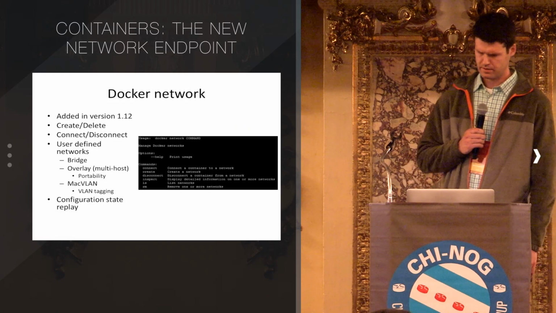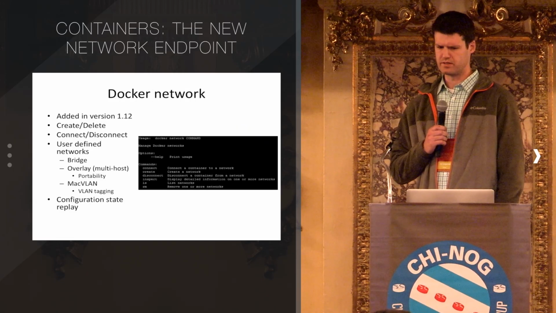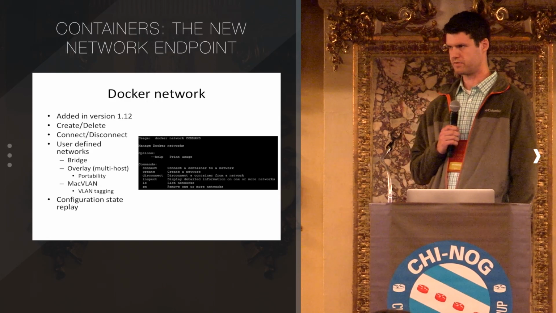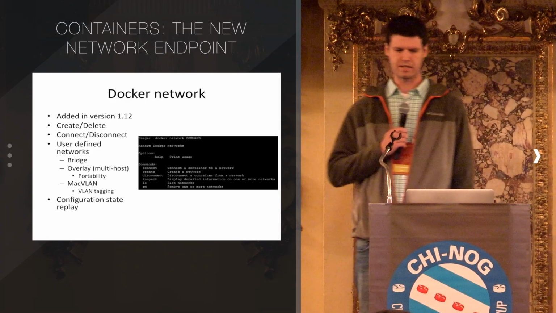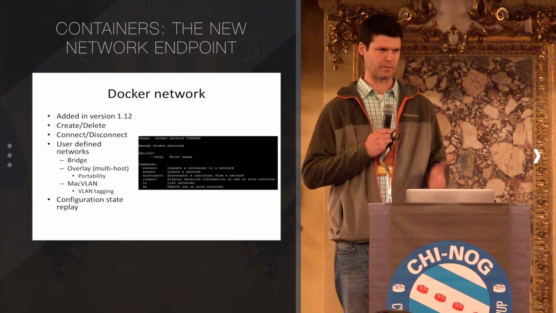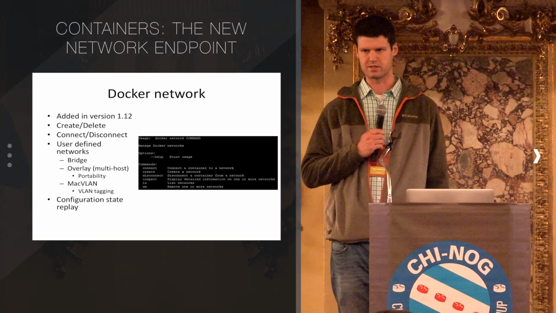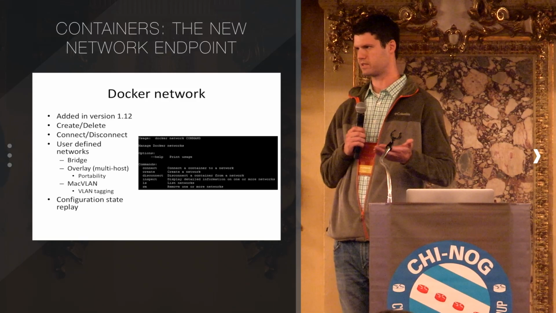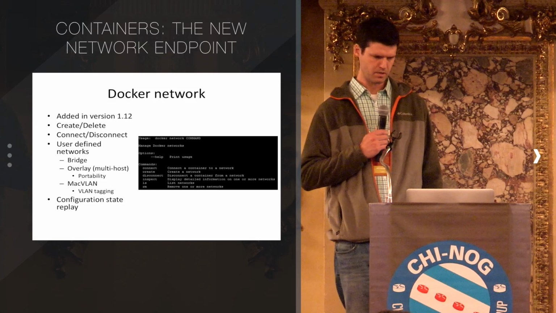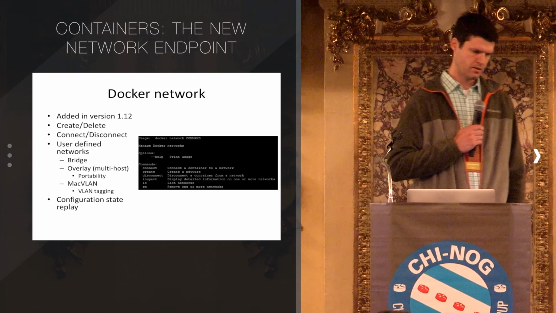Docker Network came around in version 1.12. It's a subcommand. A lot came with it, namely the ability to do user-defined networks. But we also got the option to connect and disconnect containers from networks dynamically. So if I wanted to create a custom network and then connect it to a new network to get new connectivity or disconnect it, Docker would take care of that for you, which was pretty hard because before,